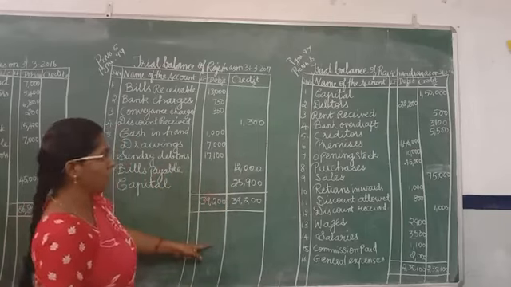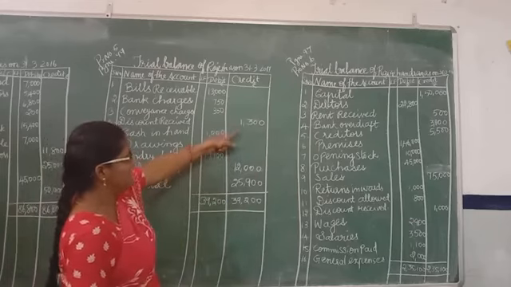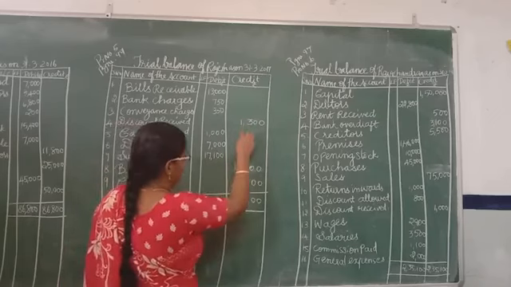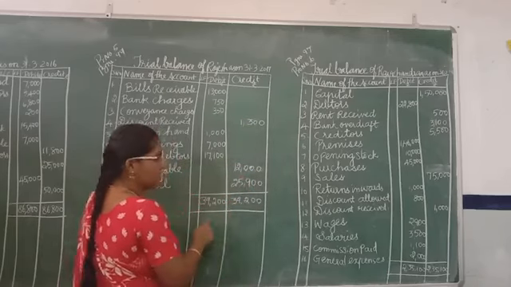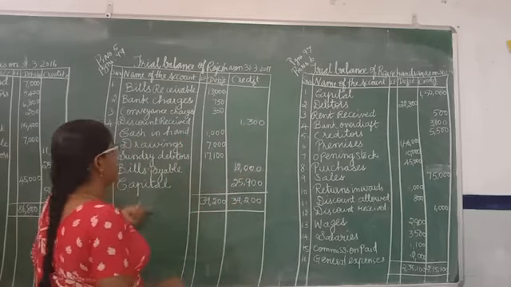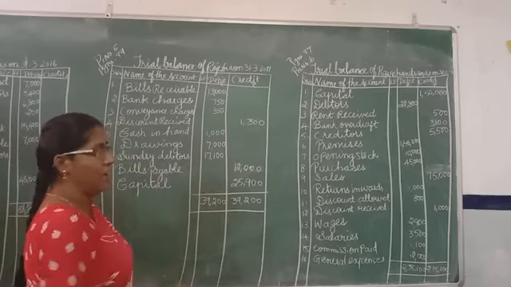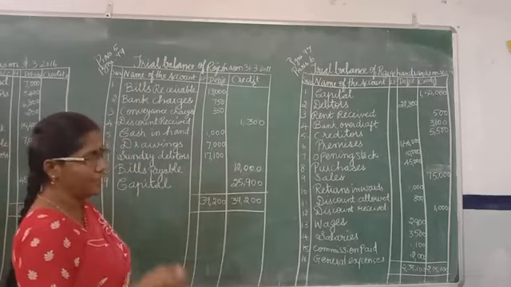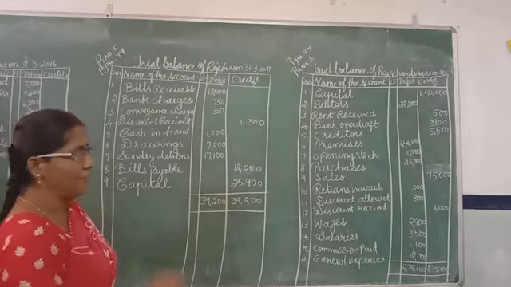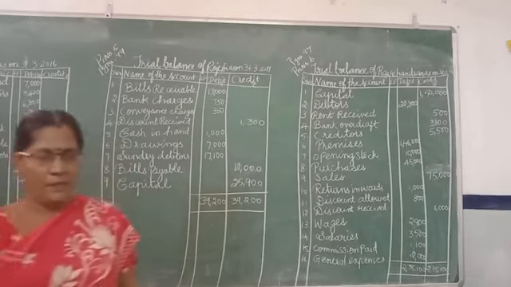So put the total. What is the total coming? You can check the total with me. So it is easy for you to check the total. 2 plus 1, 4, 9, 3. So write the digits properly. Another thing, so many names of accounts are coming, so you can check whether you have written all the accounts. So don't omit anything from the book. Without omitting you can write, and after writing you can check all the accounts. Then it is easy for you to complete the sum.